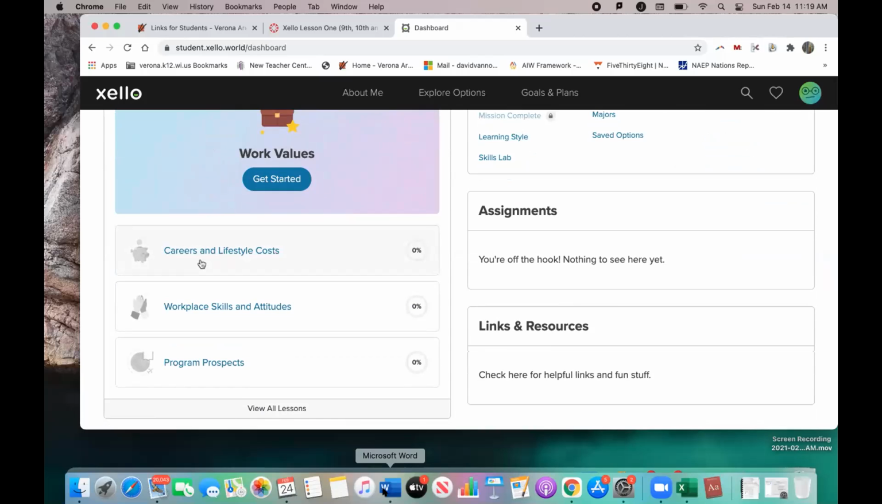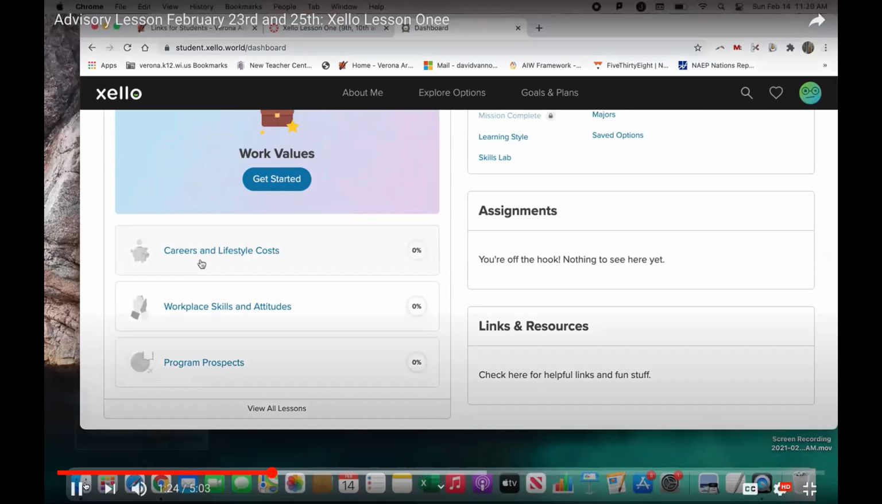Some of you probably remember Zello from last year. You will have different lessons this year because you're 1 year older. You're at a different place in high school. And so if you did Zello Lesson 1 last year, it will be a different lesson today. So for 10th graders, it's going to be career and lifestyle costs. So when you click into it,